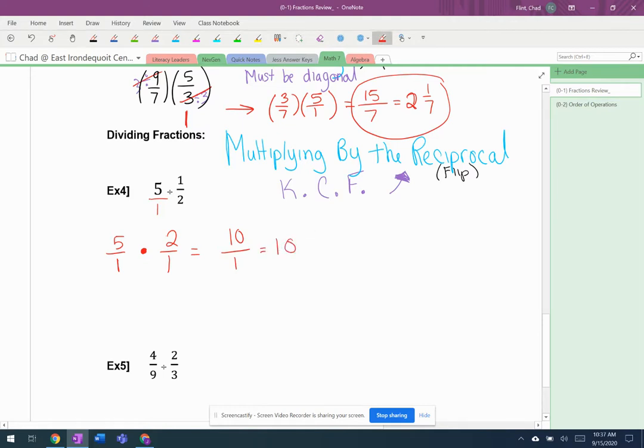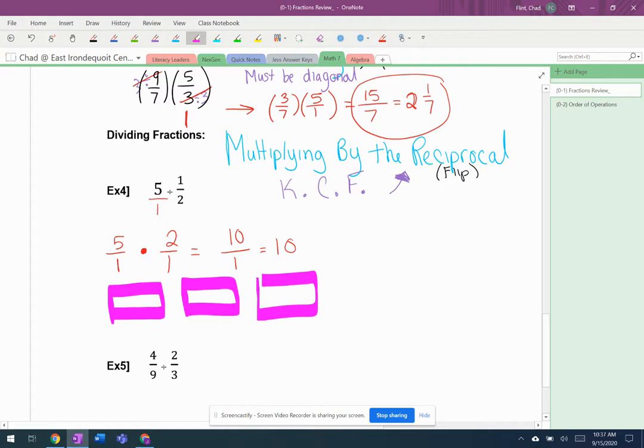And I'm just going to show you a really quick visual of why it makes sense that we started with something smaller and then we divided it and we ended up with something bigger. That's because we're taking 5 things and we're splitting them in half. We're giving ourselves more of those. So I'm going to show you a little diagram that you should draw. If I start with 5 things or 5 boxes, I've got 5 things right there, right? But if I go through and I divide each one in half,